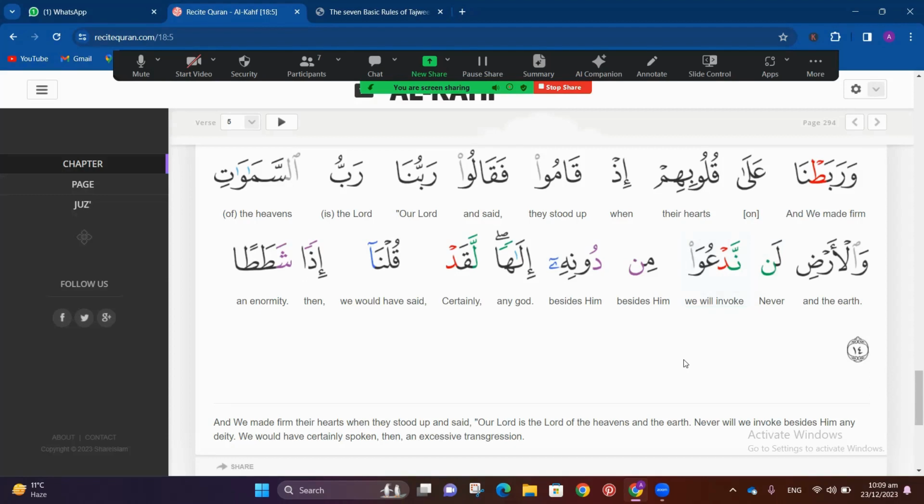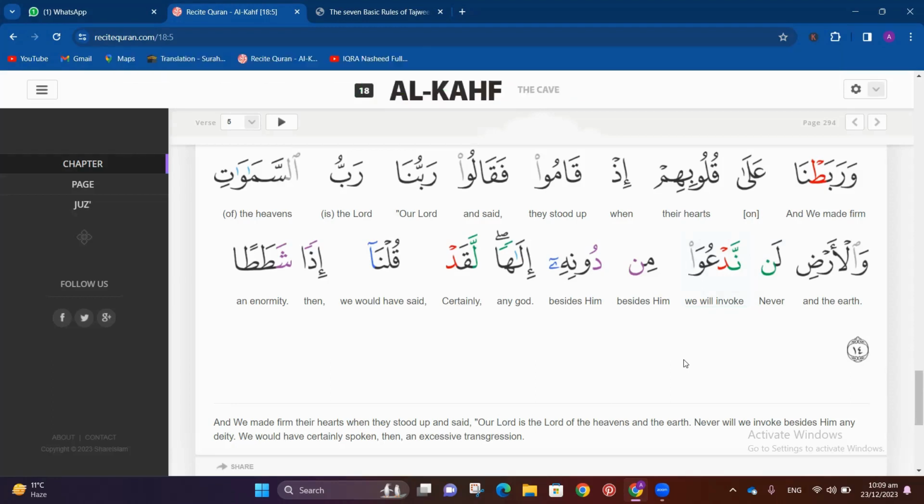Then on dal we did something which is called qalqala, and in qalqala the sound bounces back or reflects back. Rather than nad, we are saying nad. Lan nad'uwa, uwa, uwa. Lan nad'uwa min